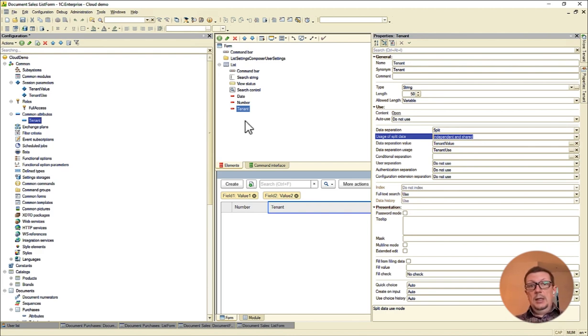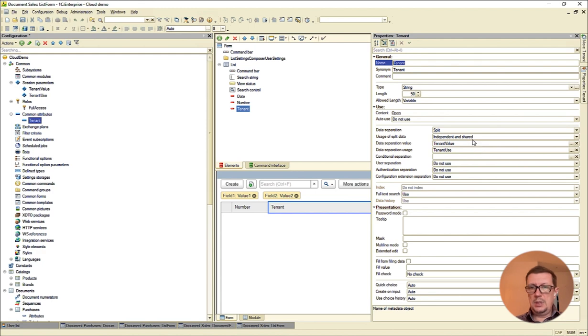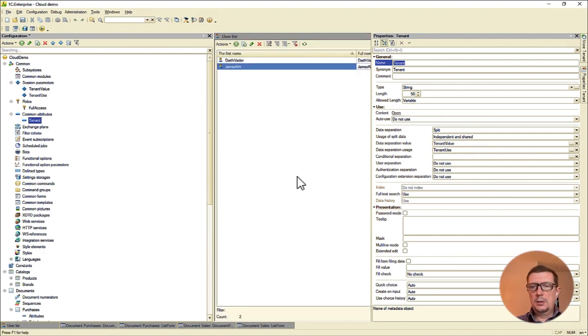So now the next question is how we tell the application which user belongs to which tenant, right? We need somehow to split our users between different tenants. And again, this setting lives here, and it's called user separation. So I'm setting it to split.